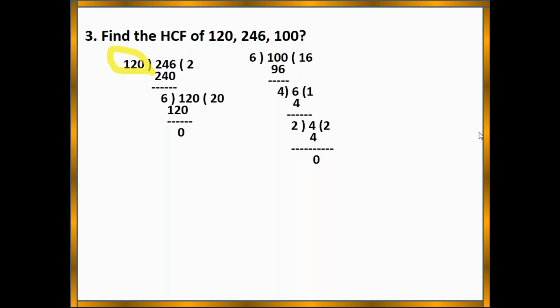Previously you said 35 is the better one, but every time we cannot get the largest number as a factor. Second one, division method. Whenever they give the smaller numbers, same model, division method. If you go for any method, the answer should be the same. Okay, there is no issue.